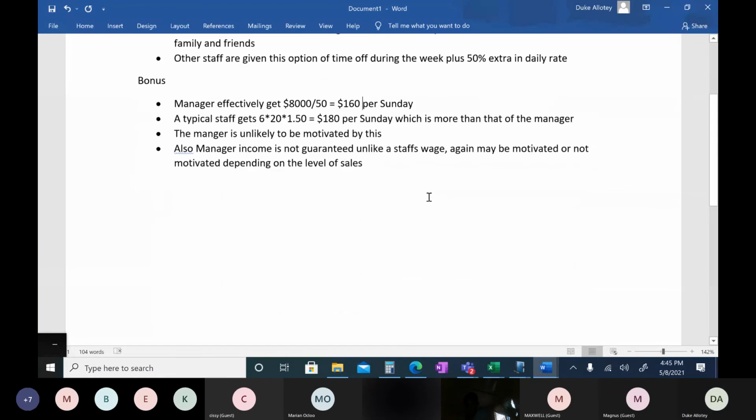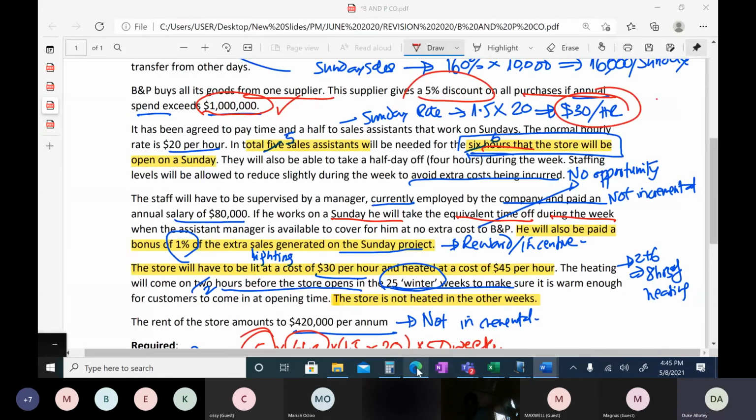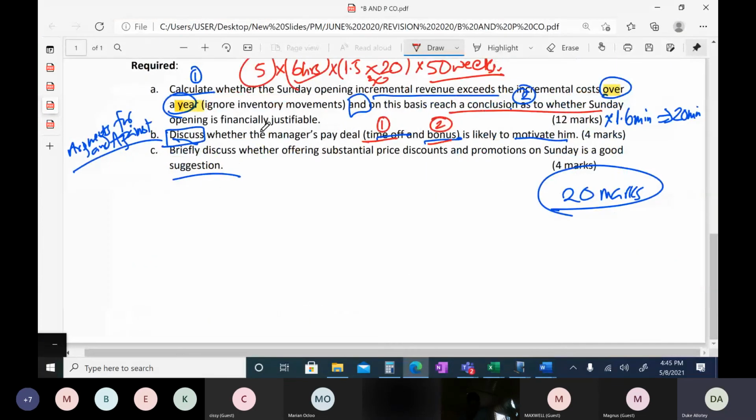All right. Now, let's look at the next question. The next question says, briefly discuss whether offering substantial price discounts and promotions on Sunday is a good suggestion. And I want you to pay good attention to this question. It says, we want to know, is it worth giving them discounts? Because don't forget,